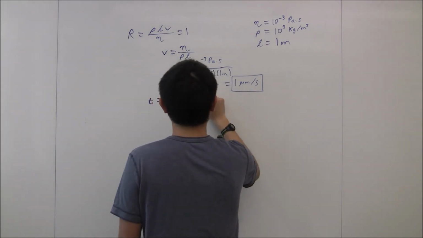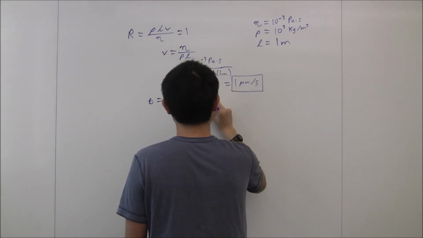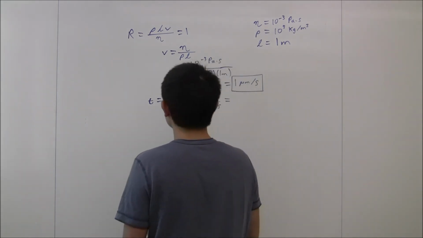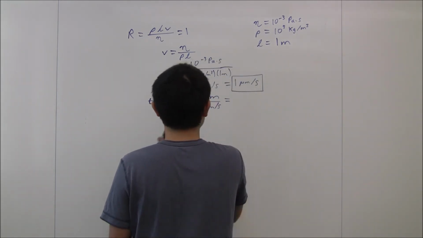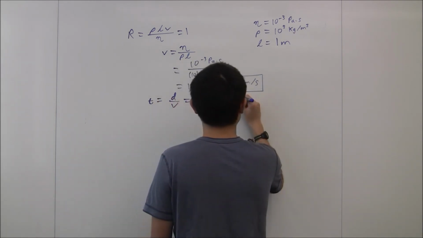So we have 50 meters for the distance, and the speed is 10 to the negative 6 meters per second, which means that the time it'll take for the person to swim 50 meters at this maximum speed is going to be